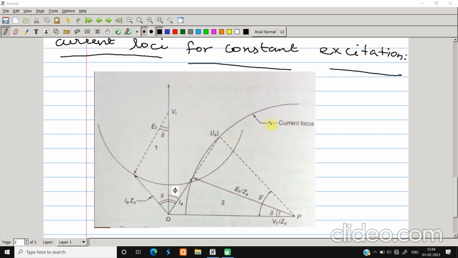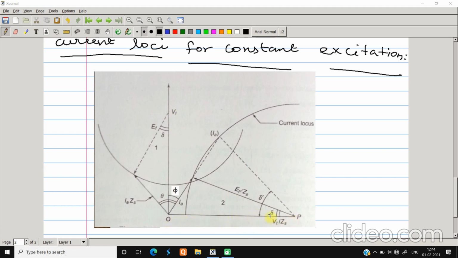So that particular locus will be a current locus, which is drawn from another point called P, which is going to be the center point for the current locus, and this center point can be found out from the Vt divided by Zs,